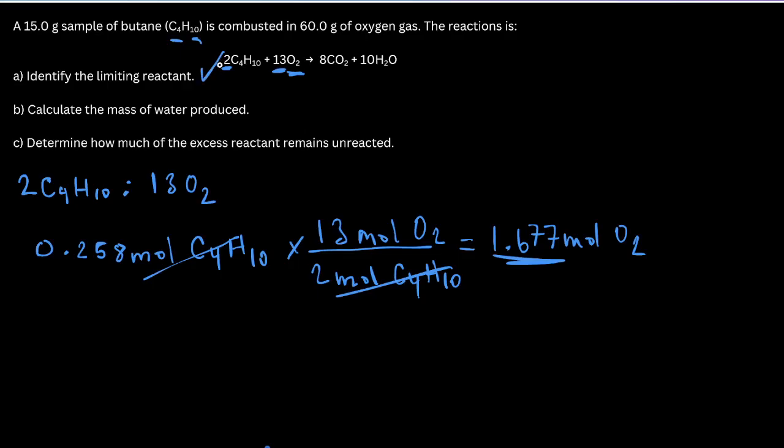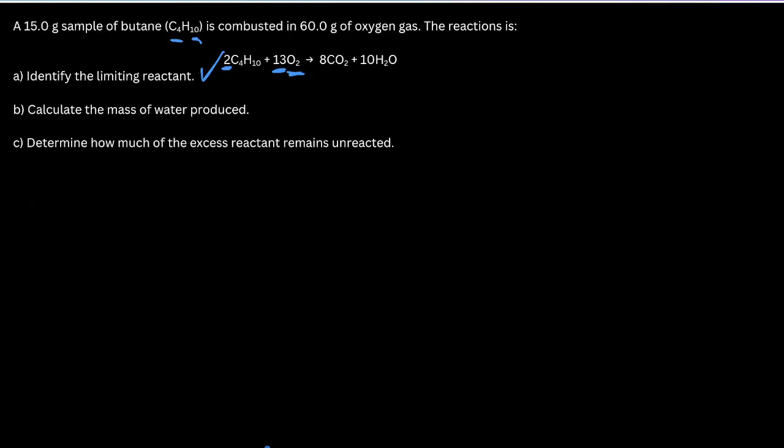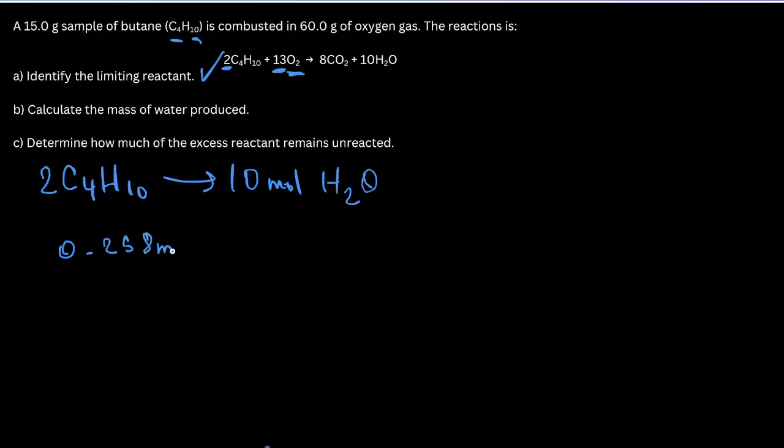Part A has been completed. Well, now what do? We can move on to part B, calculating the mass of water produced. How do we do that? Well, again, we have to go back to our handy balanced chemical equation, right? So looking at that balanced chemical equation, we can see that for every 2 moles of butane, we're able to yield, again reacting with our 13 moles of oxygen, 10 moles of H2O. And so that means, given that we have 0.258 moles of butane,